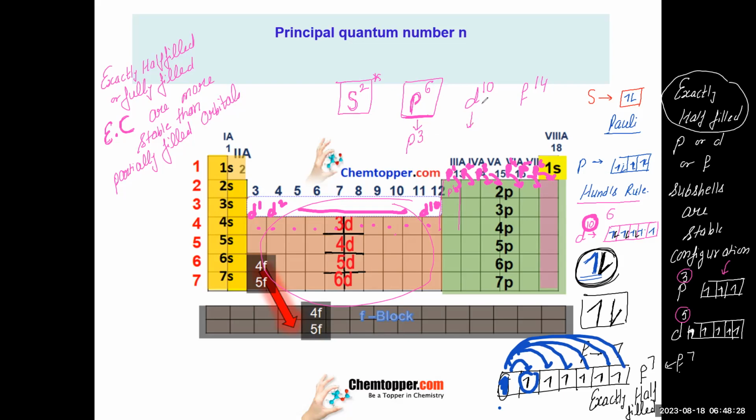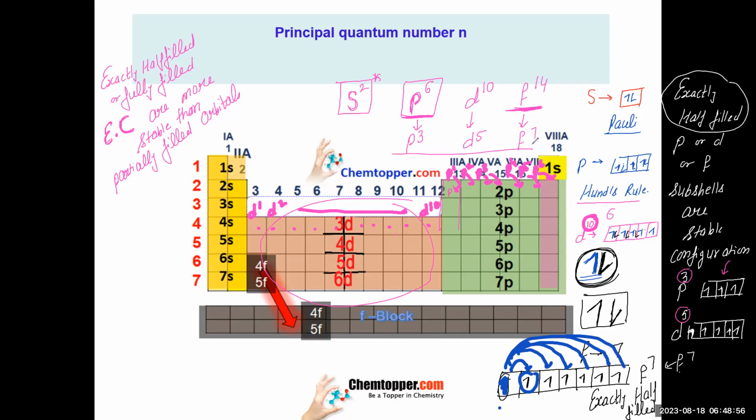How many degenerate orbitals are there in D? Degenerate in D. What is exactly half filled? D5. How many degenerate orbitals in F? So what is exactly half filled? F7. These are stable. Not as good as your inert gas configuration, noble gases, or fully filled, but